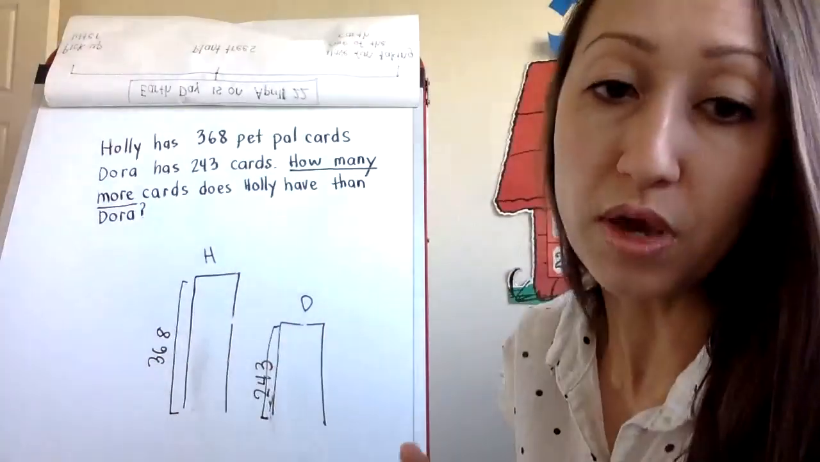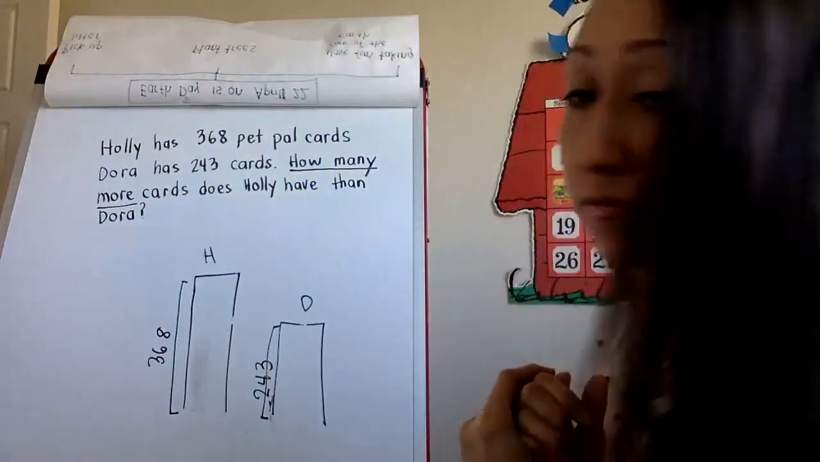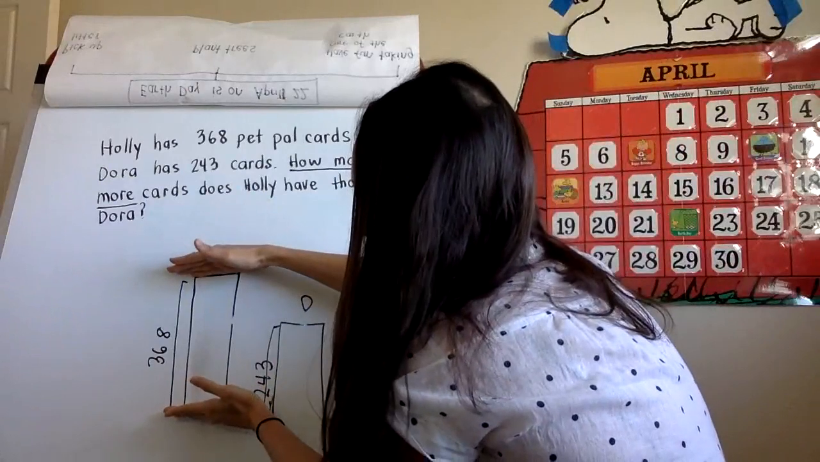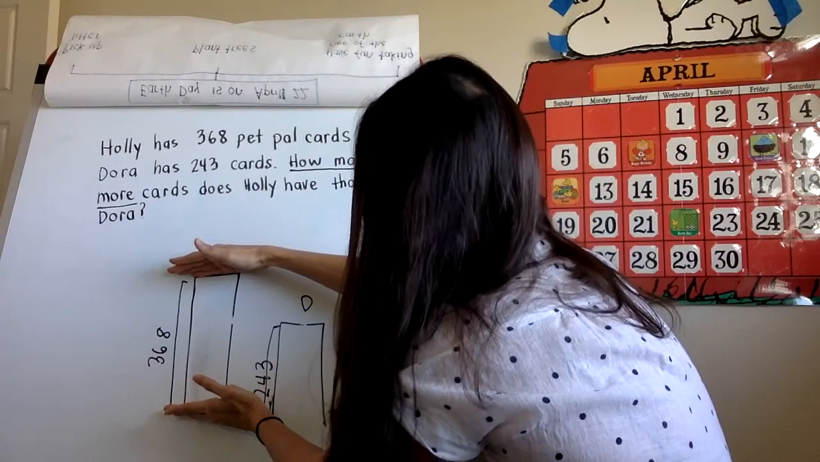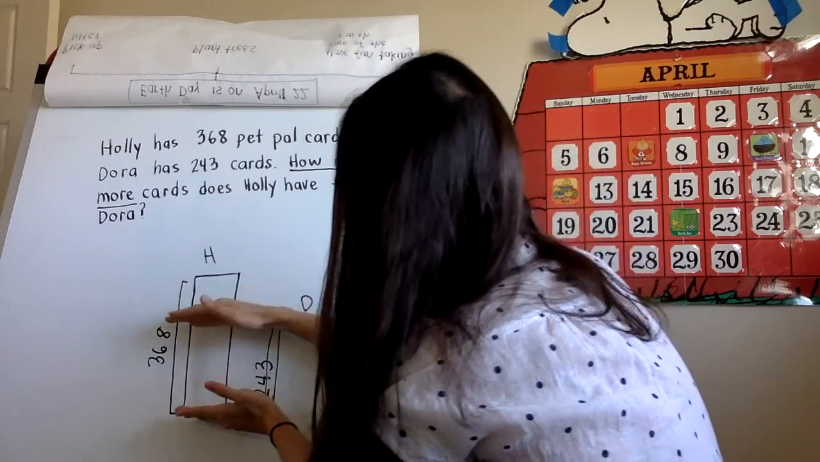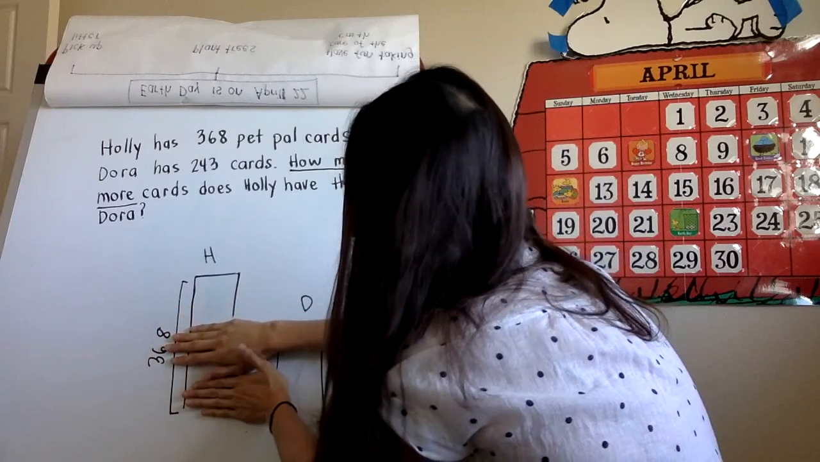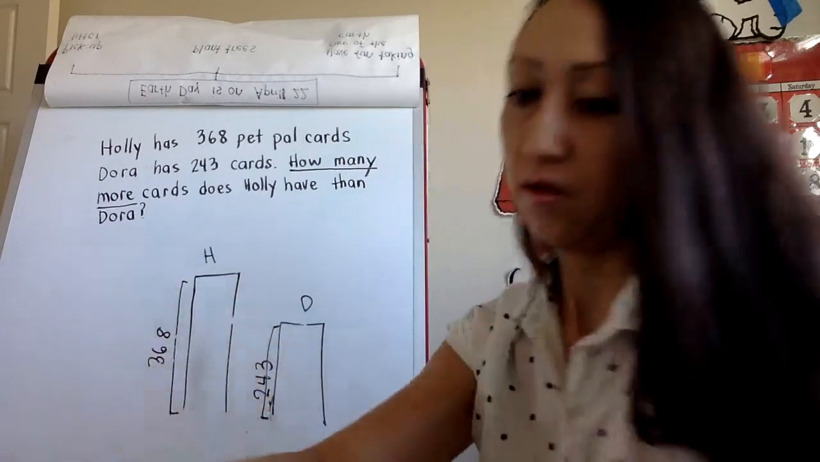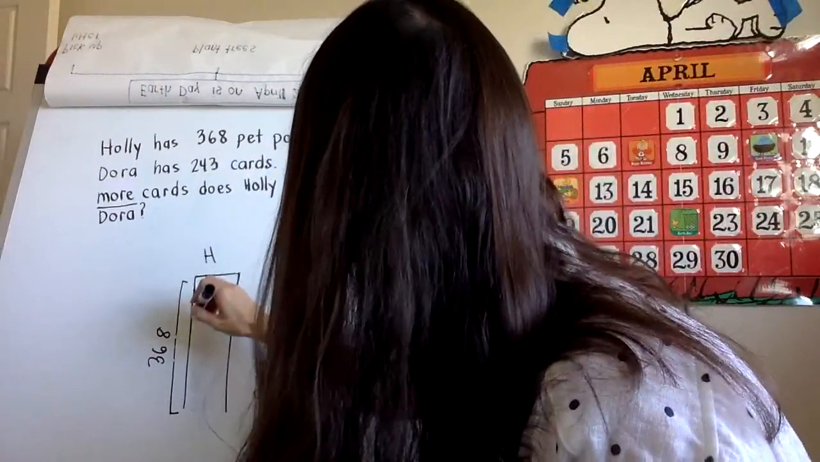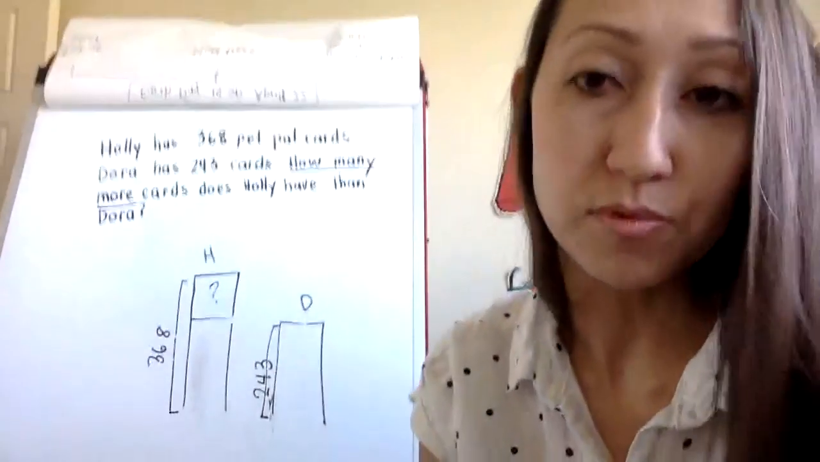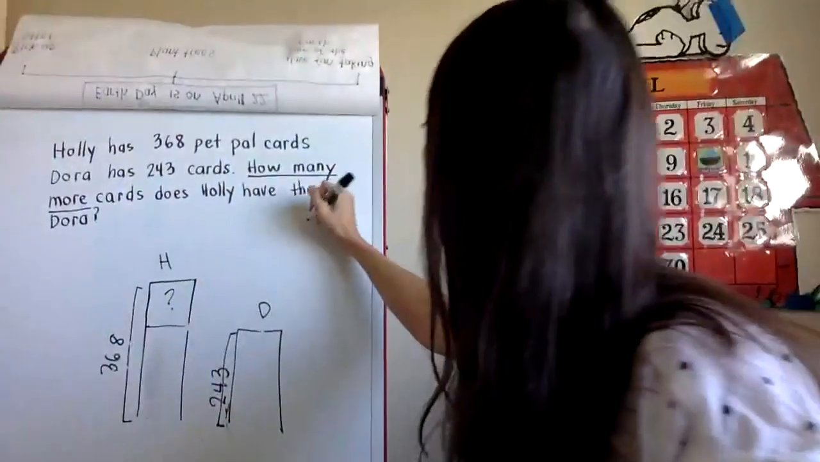And so what is a way to find that out? Well, if you take 368 and you minus the amount that Dora has, you will find out the unknown amount. Okay, and so that's why you have to subtract today. So you are going to subtract 360